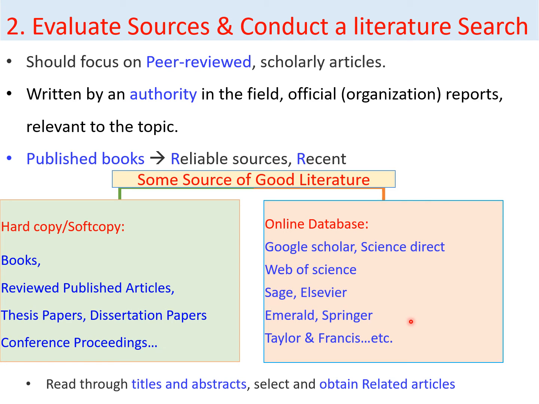When we get the literature, we have to read the titles to check whether they are related to our topic of study or not. If we read the title and it is related to our topic of study, the next step, before downloading or saving the file, is reading the abstract. After reading the abstract, if we find that the article is related to our topic of study, we can save that file for further reading.